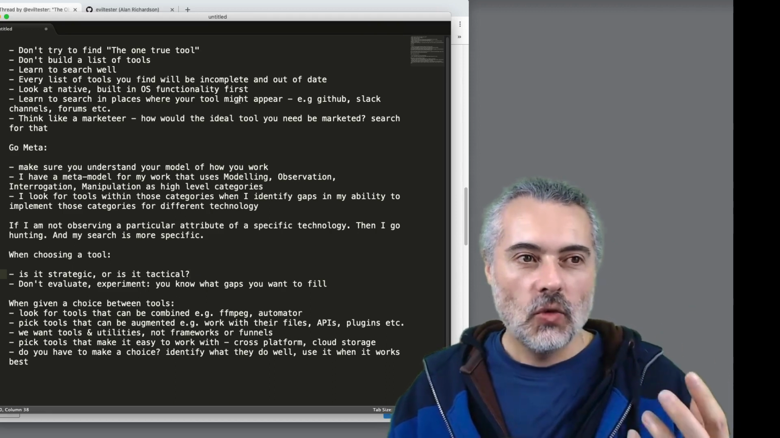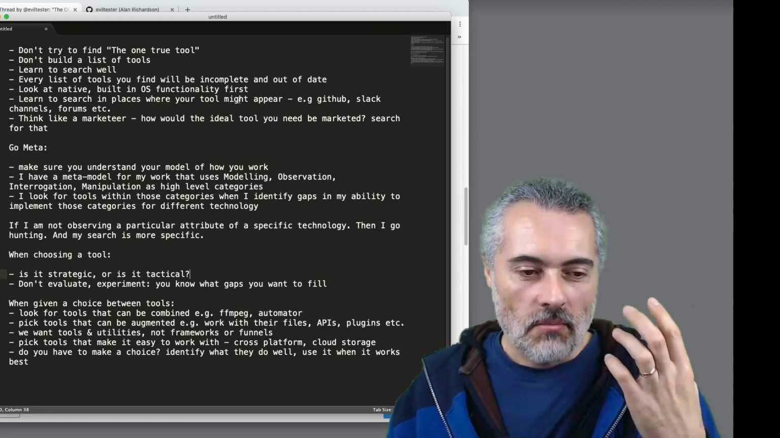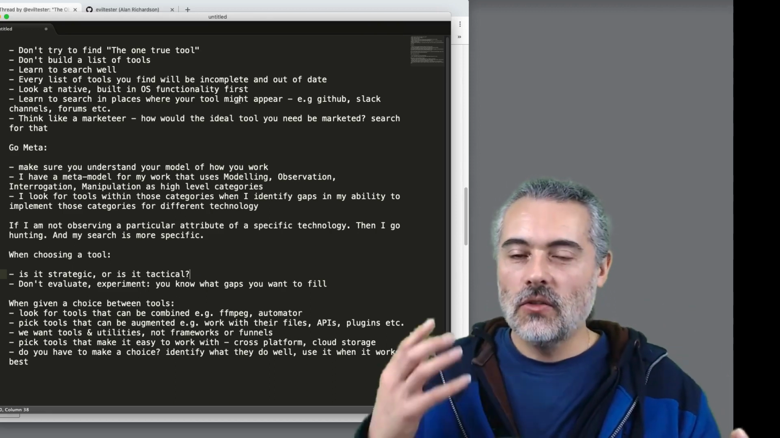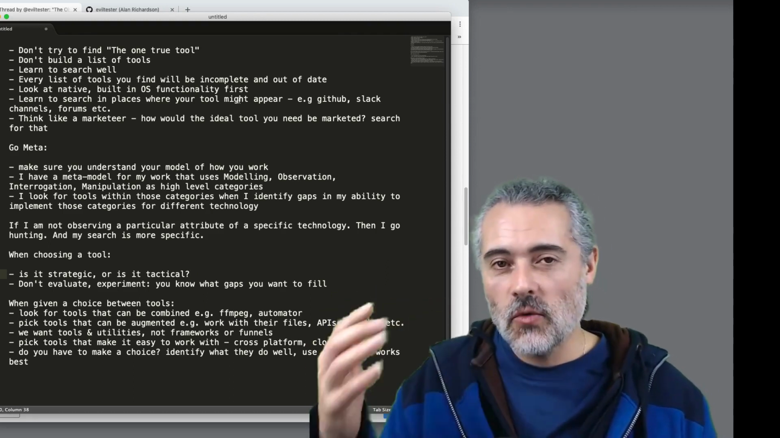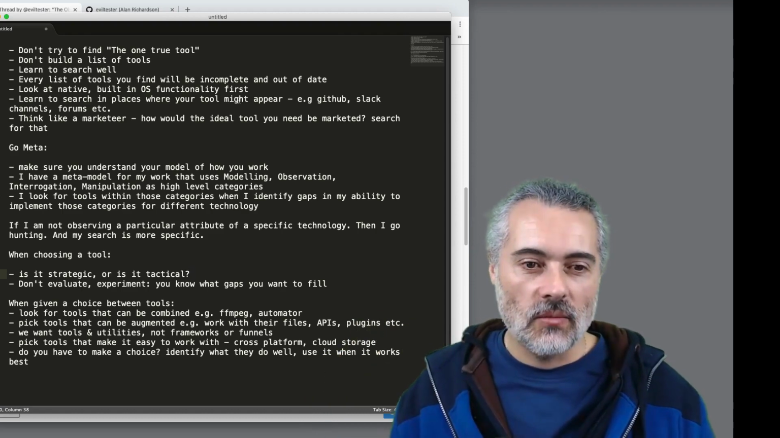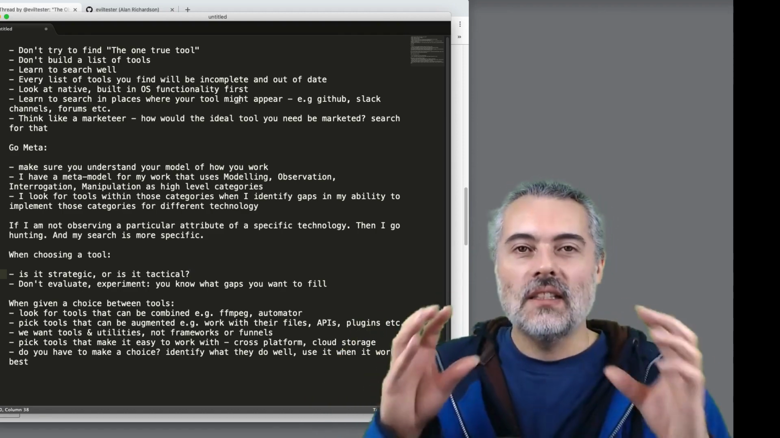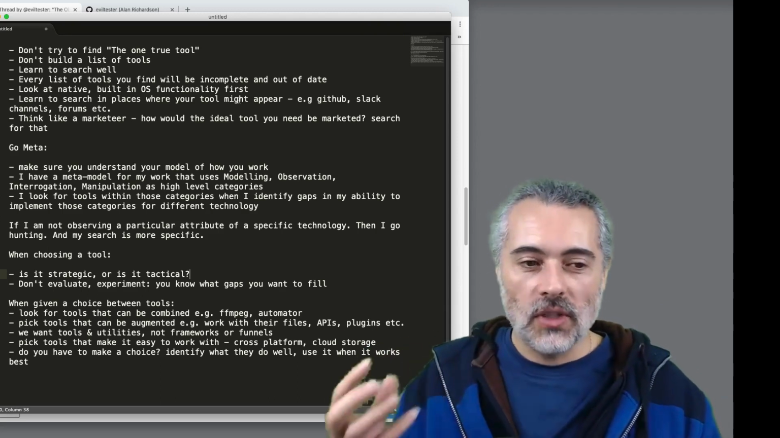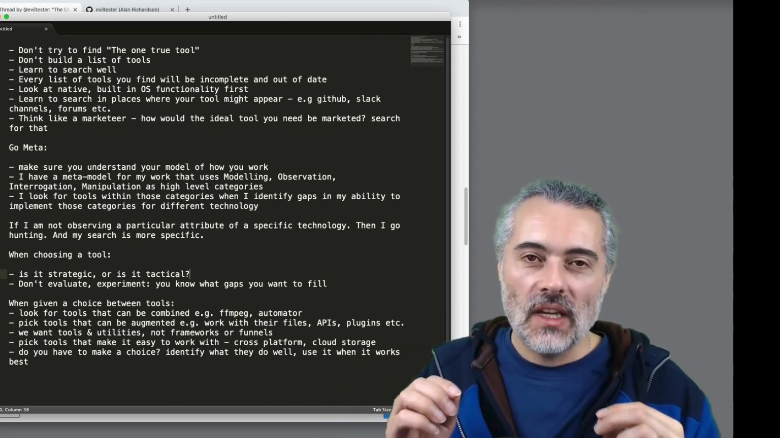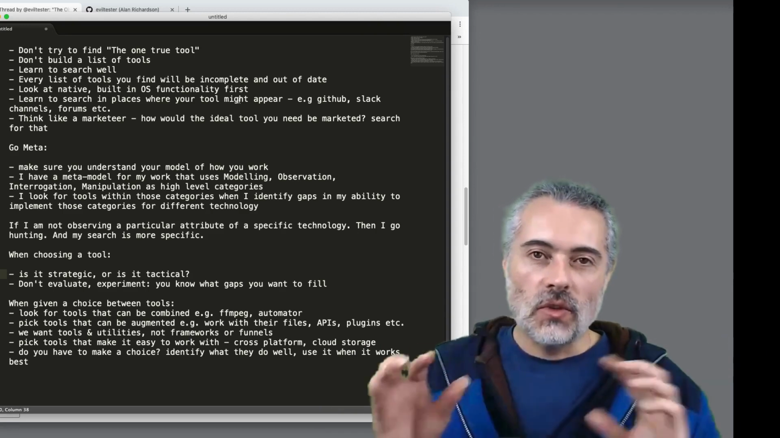So does this tool store it in a binary format that is hard to parse, or does this tool store it in a text format that I can parse and build on top of? I will pick the tool that stores in a text format. I will pick the tool that has an API. I will pick the tool that lets me add in plugins and write my own plugins. Even if I don't know how to do that yet, if I've got a choice between tools, I'll pick the